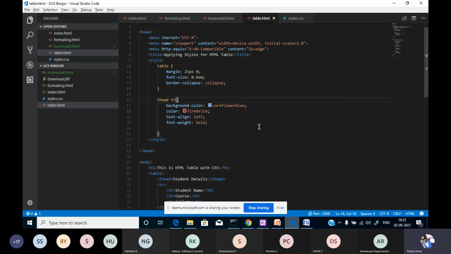I'm changing some other colors. I'll try to change the colors. So this style is not applied over here.